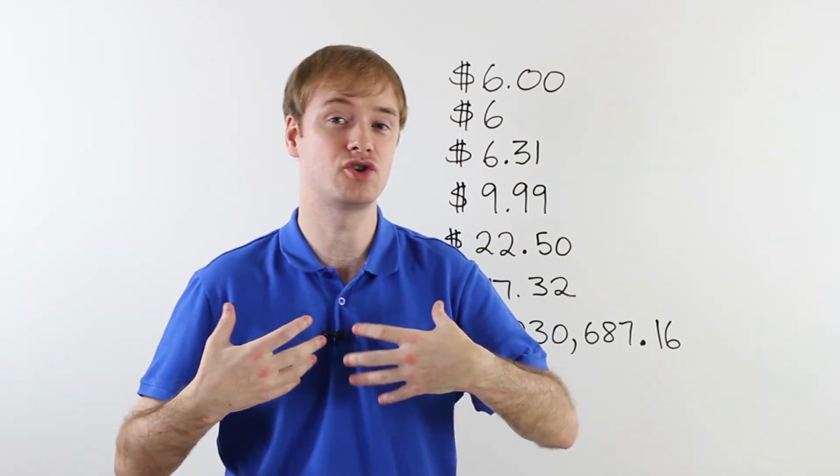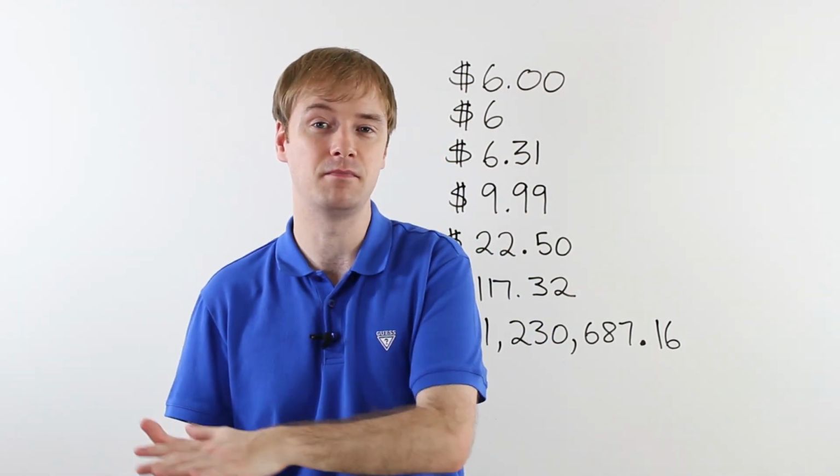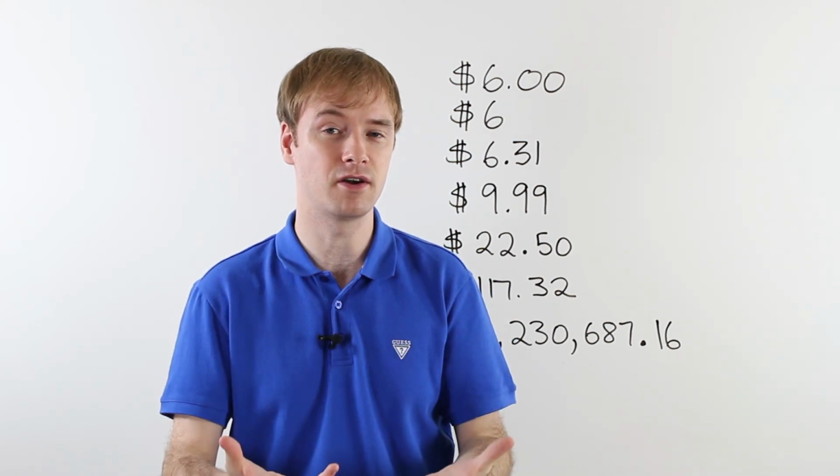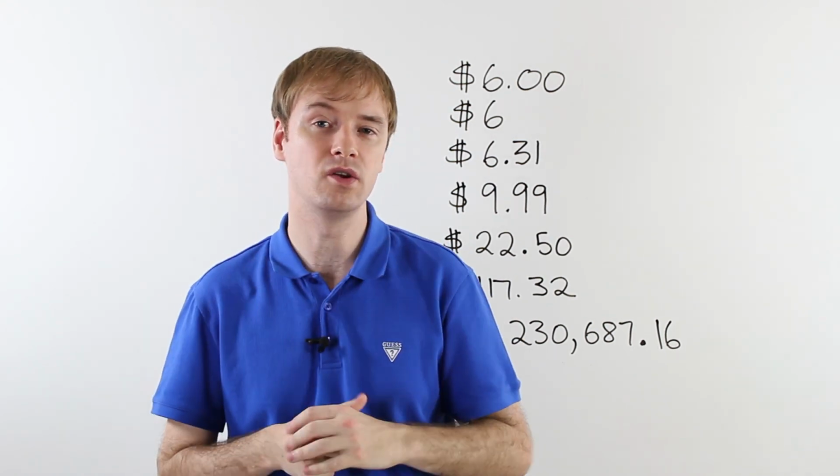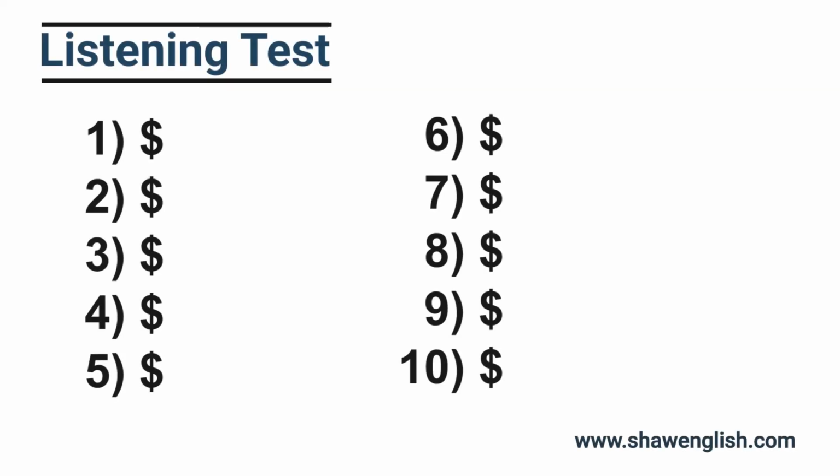Okay, so we're gonna try a quick test. Take out a pen and paper, and I'm gonna say American money, and you should write down what you hear. All right, question number 1, $7. Okay, it should look like this. Question 2, $120. Okay, looks like this. Question 3,